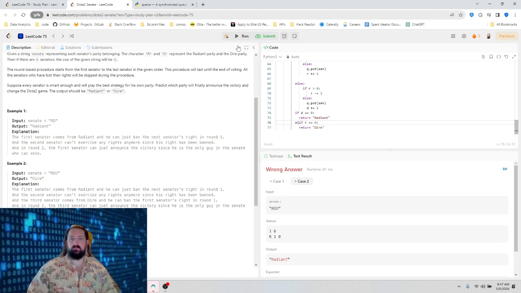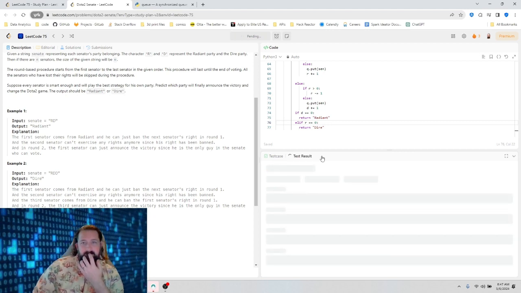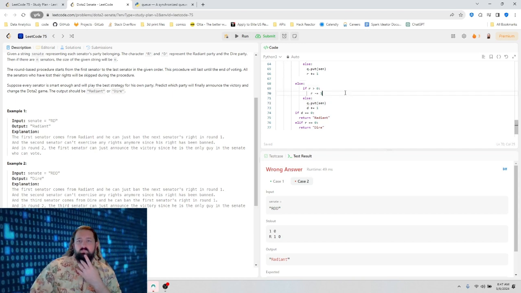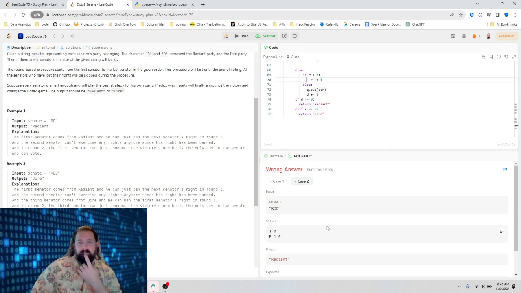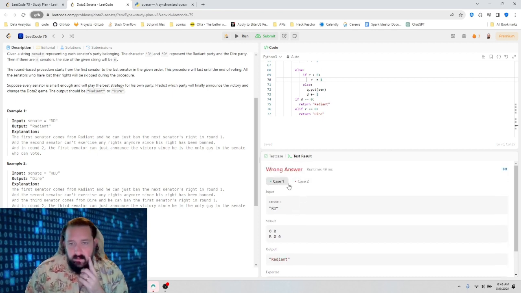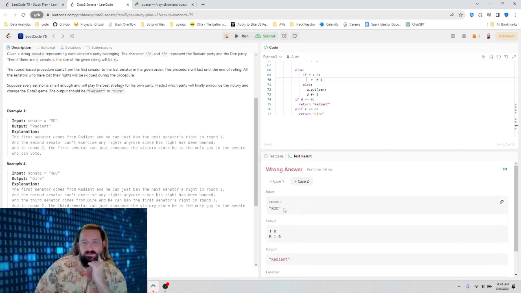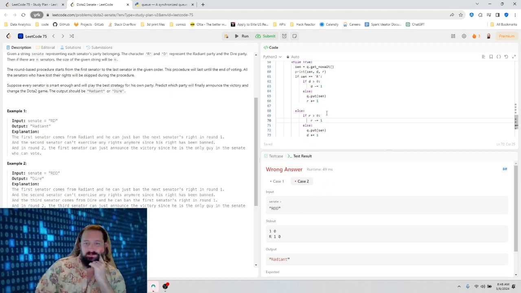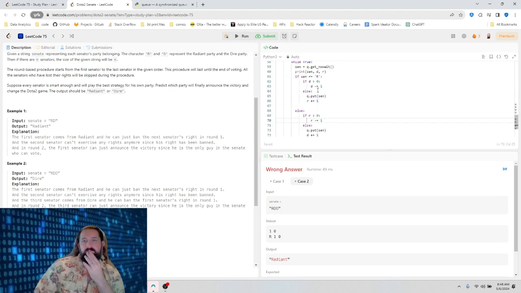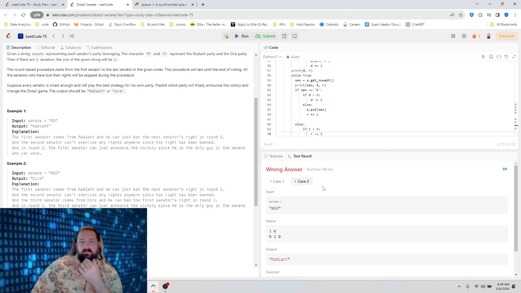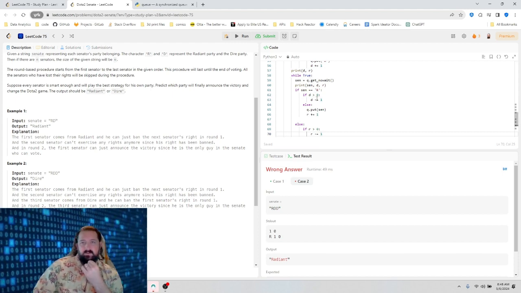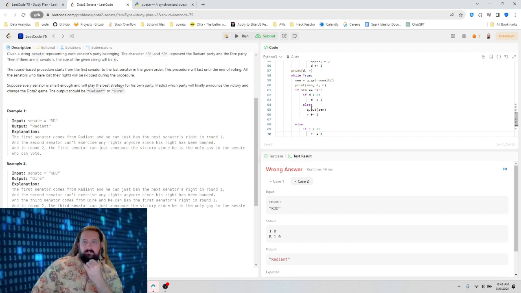R equals 0. Okay, so that one worked, but this one didn't. So on the first round, I delete the D. On the second round, I pick up an R. There is a D, so I delete him.